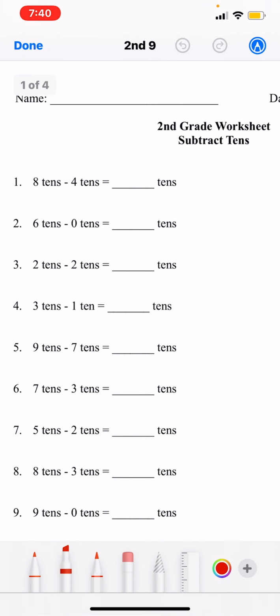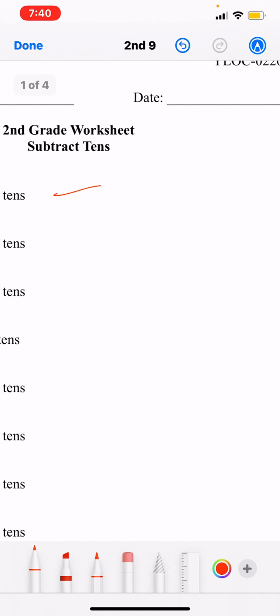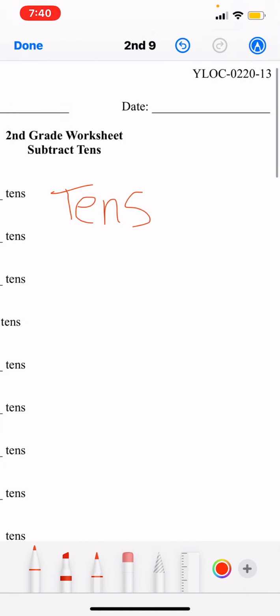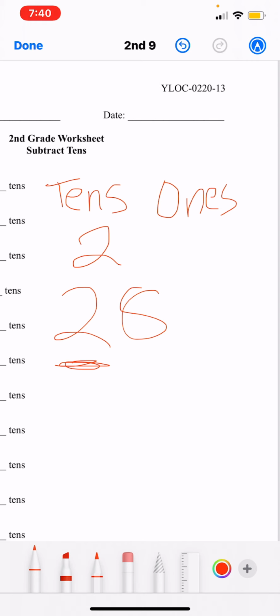So reviewing, by this time you guys should know what tens place and ones place is. So for example, the number 28. In the number 28, the 2 would be considered the tens place, and the 8 would be considered the ones place. So by knowing that,